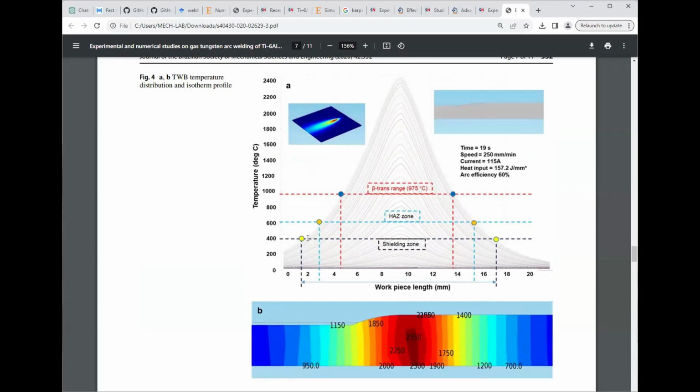Nearby 400 degrees Celsius, I'm making a line. I found out from 0.2 to 16, that nearly 14 mm is the distance, that much width I am supposed to cover. And also I'm changing the beta transus. That means it's an alpha-beta titanium material, because this is Ti-6Al-4V. They are beta, the phase temperature